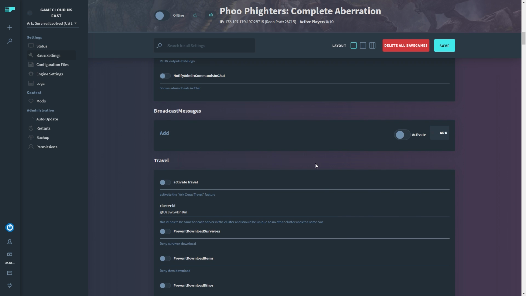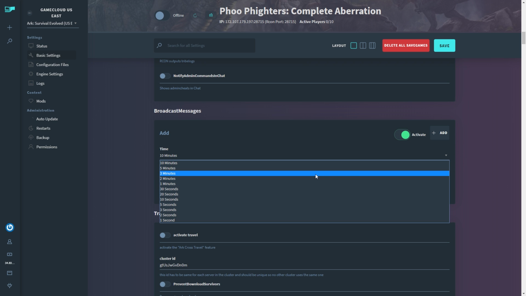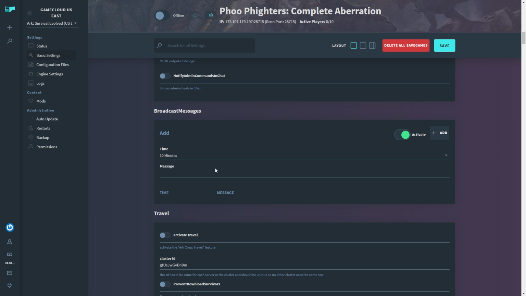All right, now broadcast messages. These right here are whenever you restart your server or shut down your server, it will display a warning. So you can set it for 10 minutes, you can set it for 5 minutes, 3 minutes, 2 minutes, 1 minute, all the way down to 1 second. And then you can put in a separate message. You can have a list of 5 different ones. Say if we want in 10 minutes it's going to shut down, we will go with